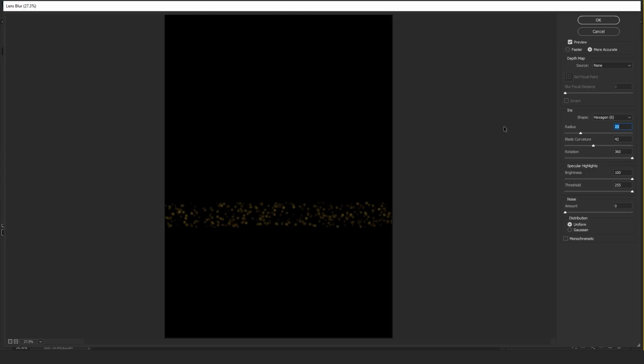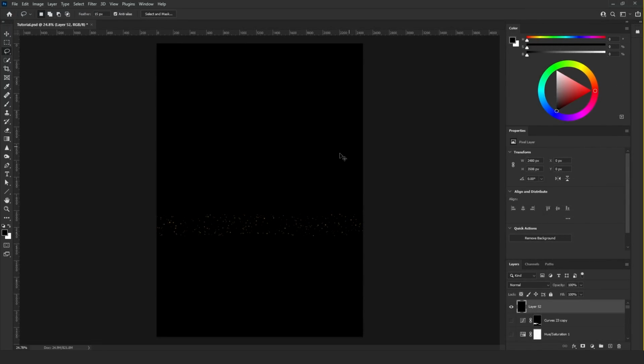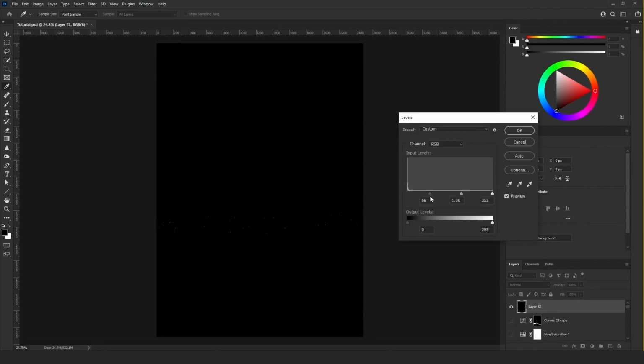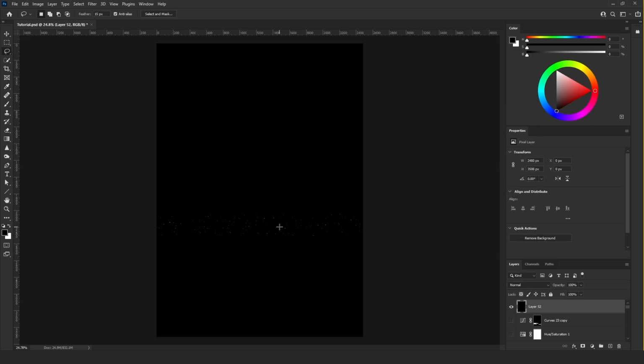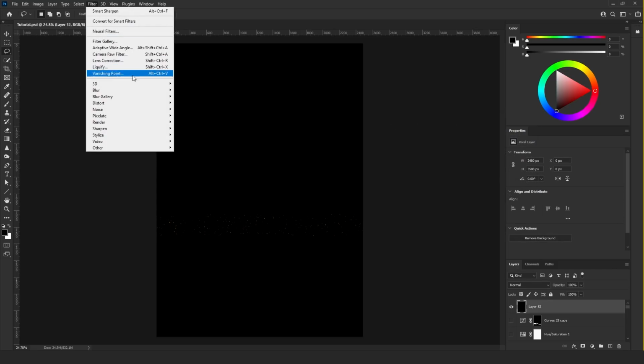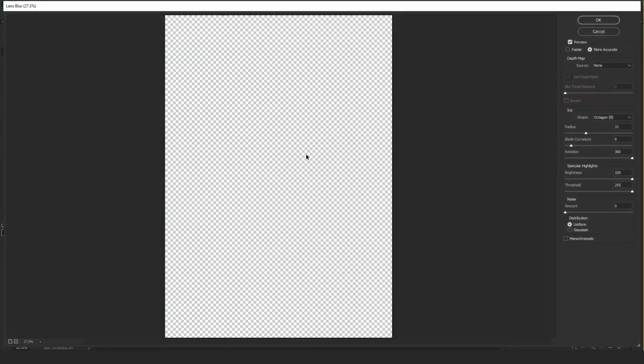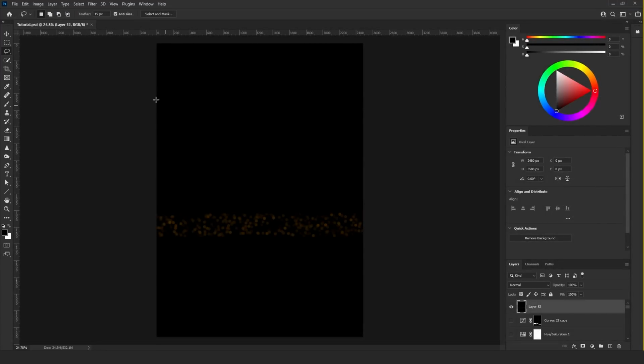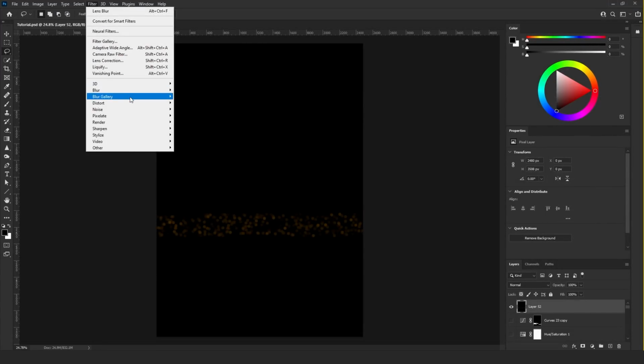And by the way, if it's a lot, you can always go back and click Ctrl L and drag this slider to get fewer bokeh. And then you can go back to filter, blur, and lens blur. And here we are going to decide the size and the rotation and all of that. When you are finished right here, the second step is to go to filter, blur gallery,